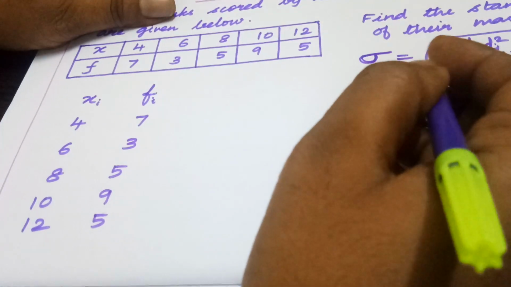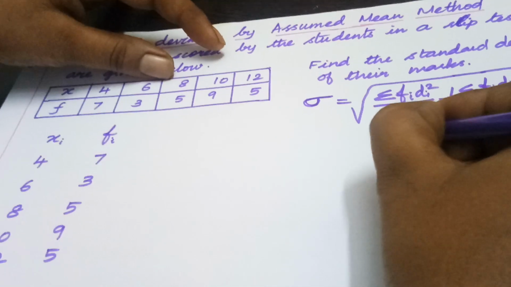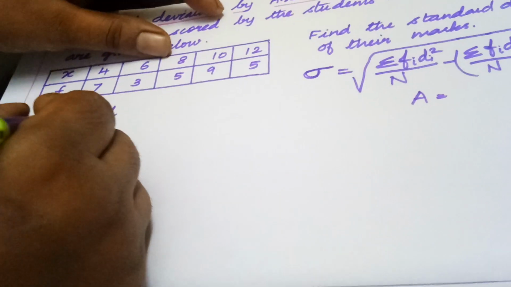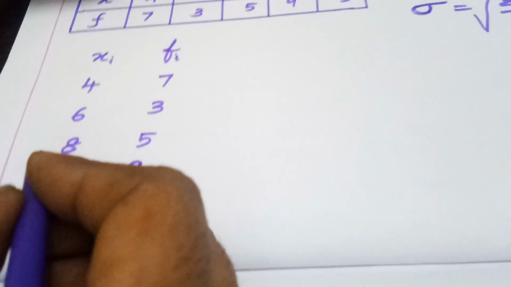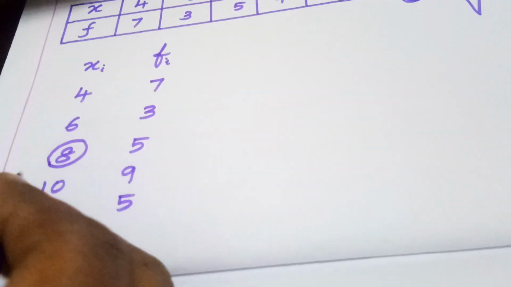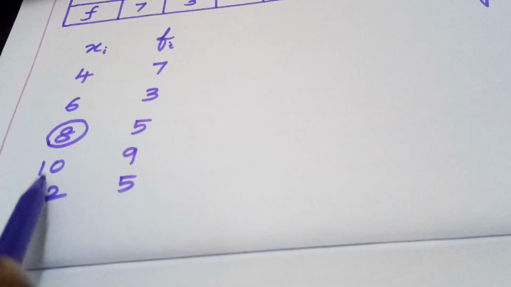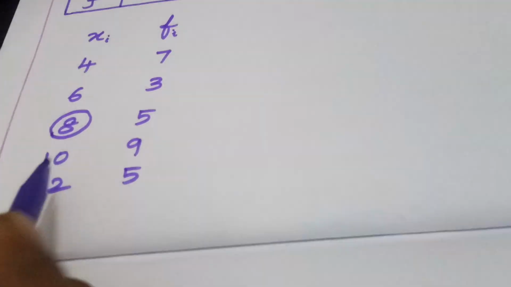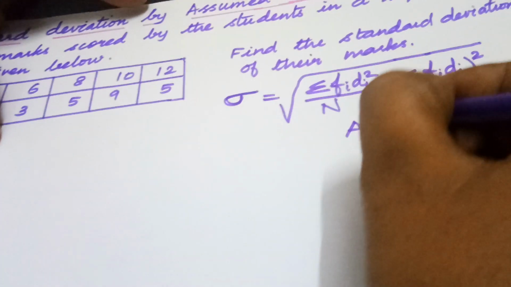And then as this is assumed mean method, we have to say what is our assumed mean. So what is our A? So see, A should be taken from xi. We have to choose a number which is more convenient to be A. That is, we are going to assume the middle number as assumed mean. If there are two numbers in the middle, we can choose any of the two. But here only one number is in the middle because this is odd number of data. So A is 8. We are going to create another column. A is 8 here.